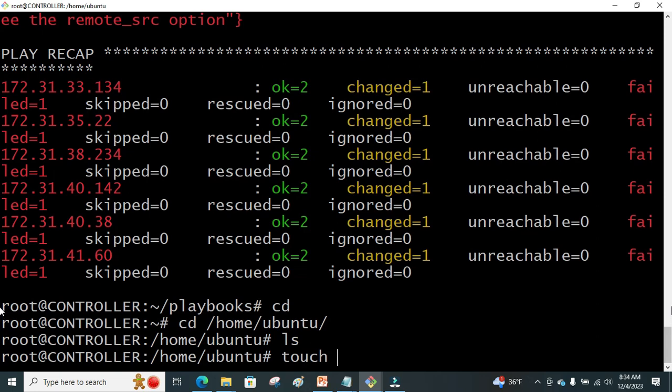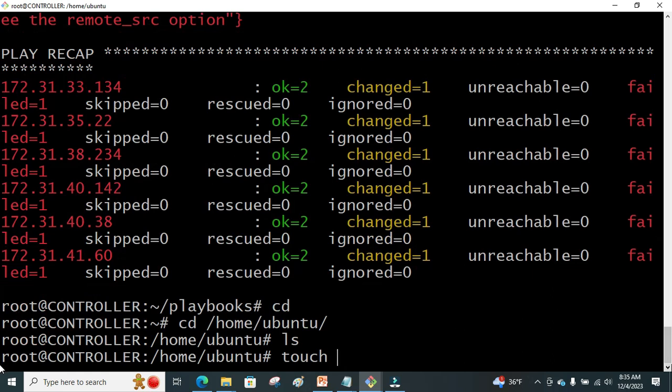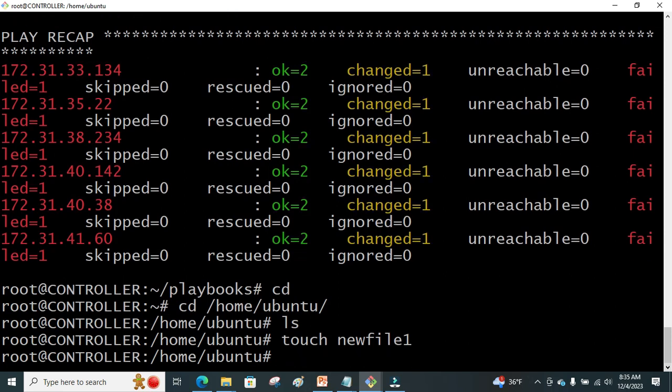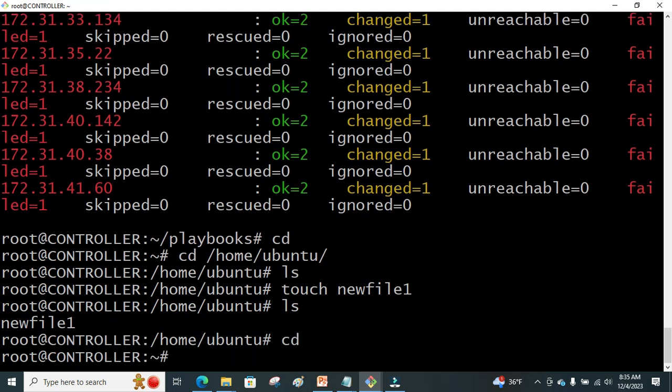What's the name of our file? New file 1. Run ls, so there is new file 1 now present. In this new file 1, that is where you are going to put all your credentials and all whatnot. Okay, so we move now back to